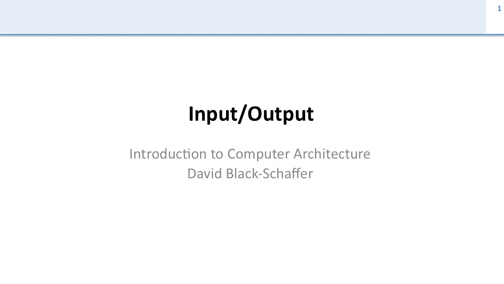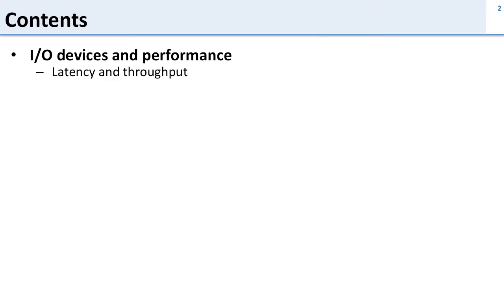In this lecture, we're going to talk about input and output. That is, how do we get data in and out of a machine, and what sort of things are attached, and how are they attached? So we're going to start out today, and we're going to first talk about a bunch of different I/O devices